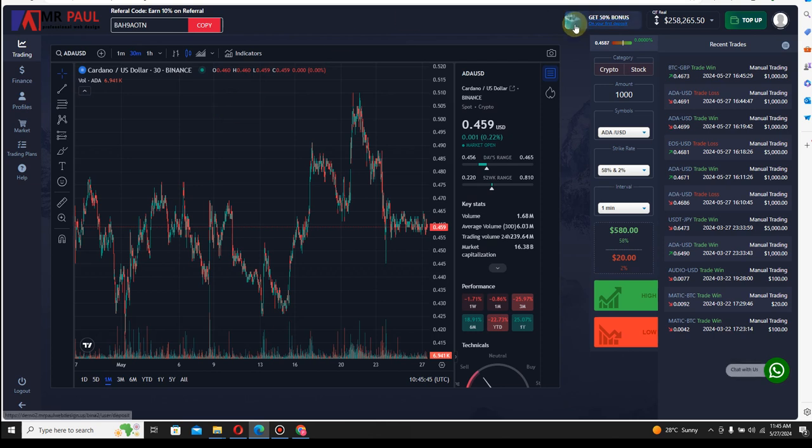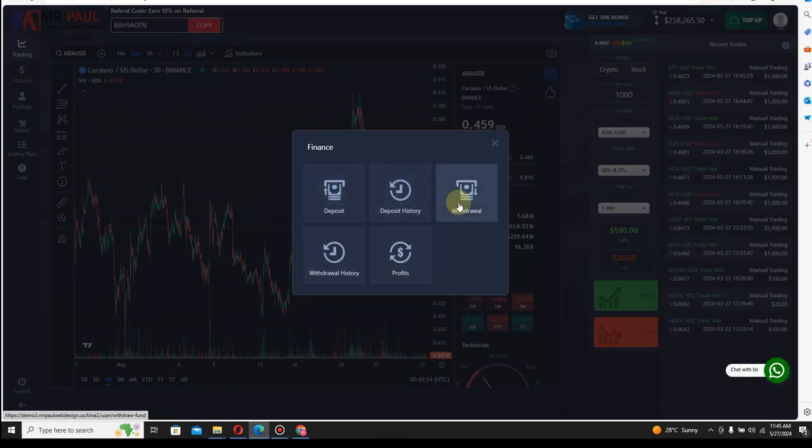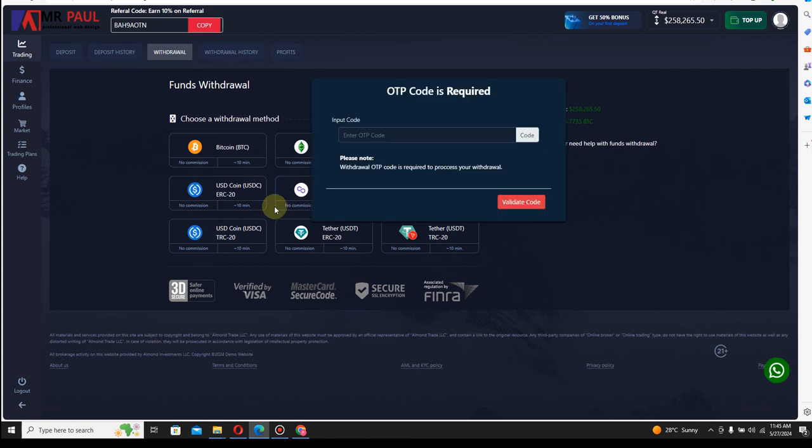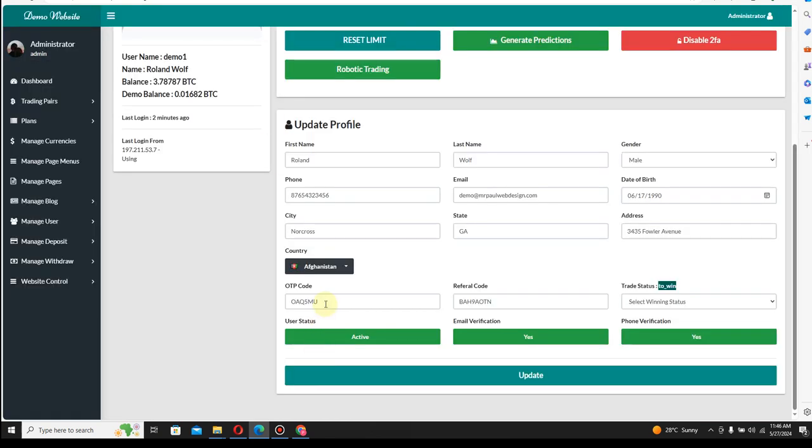So now there is another update that I added, which is the withdrawal. If you want to withdraw money from your account, it's going to require an OTP code. Without the OTP code now, you cannot make any withdrawal. It's not possible. You can't make any withdrawal. So this is the OTP code, and